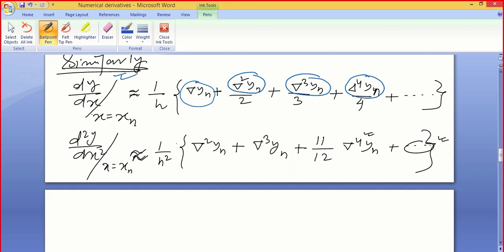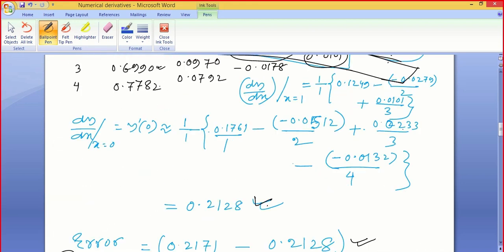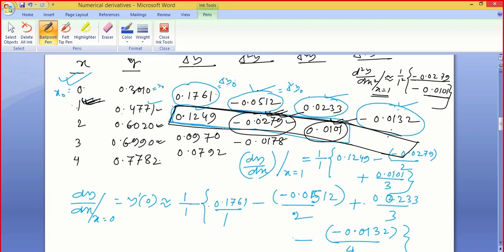Okay. Similarly for the second derivative, also up to the third term, you just calculate. Now the question is, if you are asked for the derivative at the second last point, then the same formula you will use, associated to the second last point, which will be the lower diagonal elements. So if I ask you in this example for the derivative at the point x equals 4, that is the last point, then you have to pick up these diagonal elements.